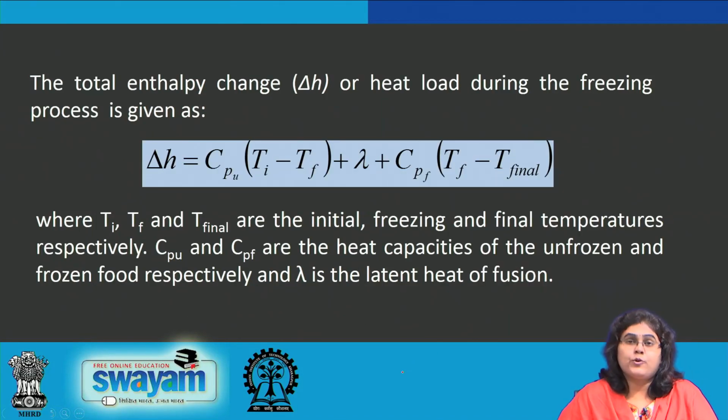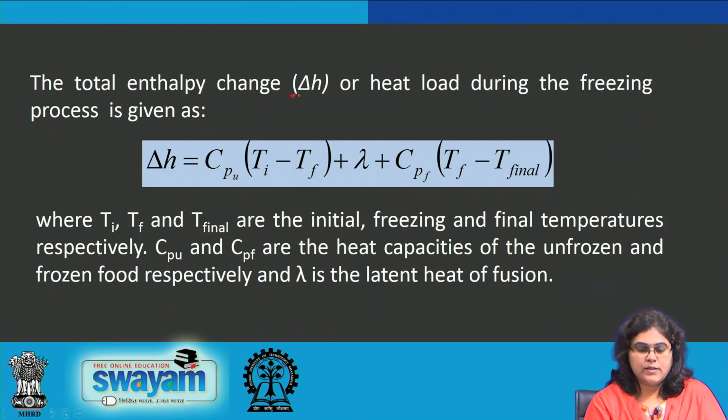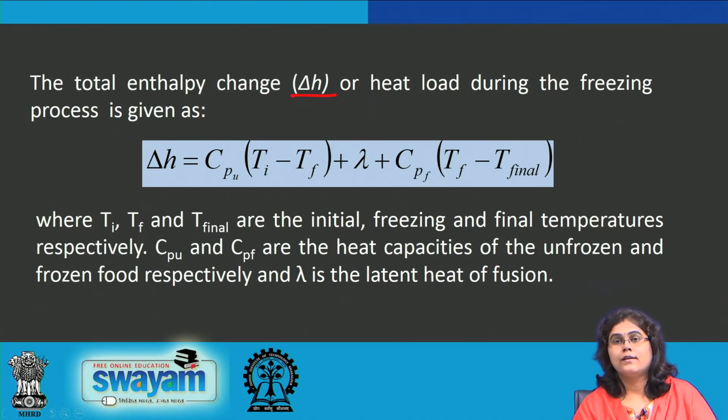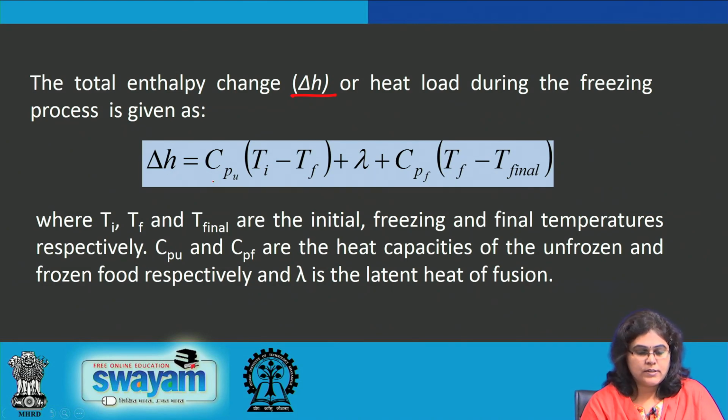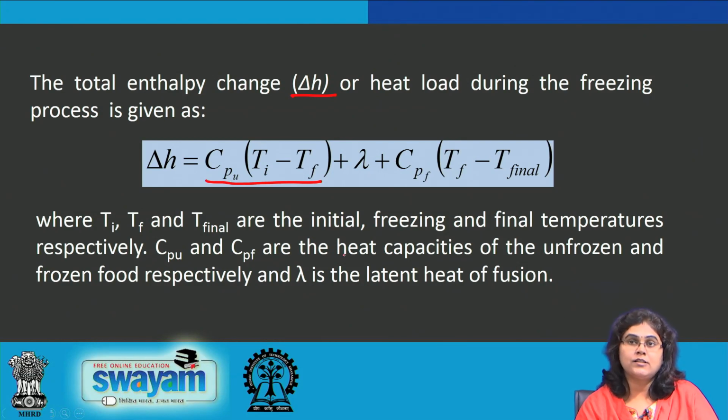So, during the freezing process, the very important aspect is to calculate the heat load or the total enthalpy change during the freezing process, and this is required for suitable design of the freezers as well as uniform refrigeration circuits. So, the total enthalpy change delta H can be designated as the summation of two sensible heat components and the latent heat component. So, delta H is CPU into Ti minus Tf. CPU is the specific heat capacity of the unfrozen food